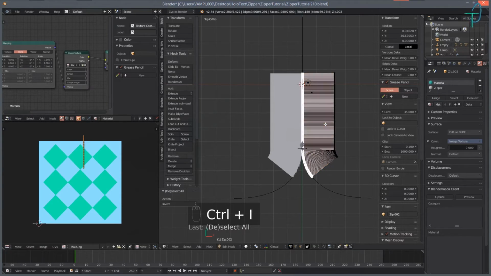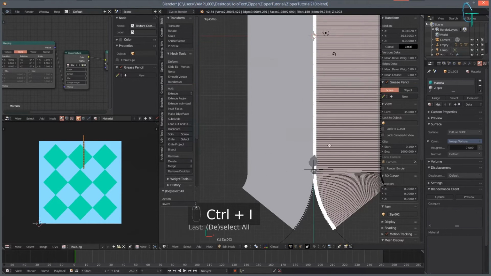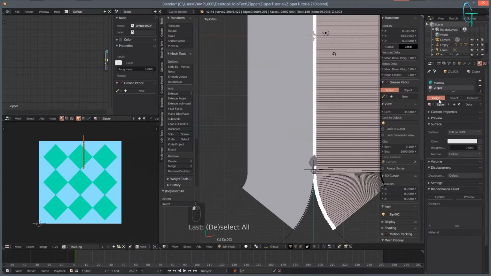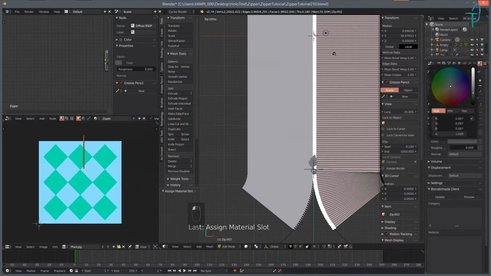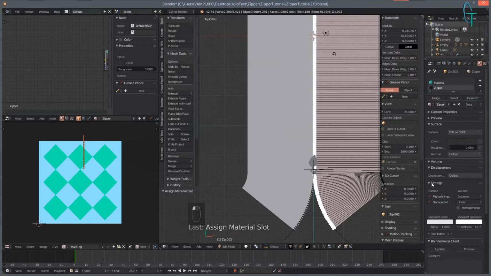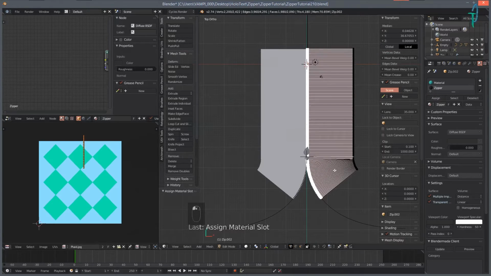Then let's press Control I to invert the selection onto this zipper material here, and let's click on the zipper material and click assign, and we're going to just make that a dark gray, and then go into the settings, and just drag and drop this color into the viewport color here and make sure it's assigned. And then we are going to, actually, we're going to control,